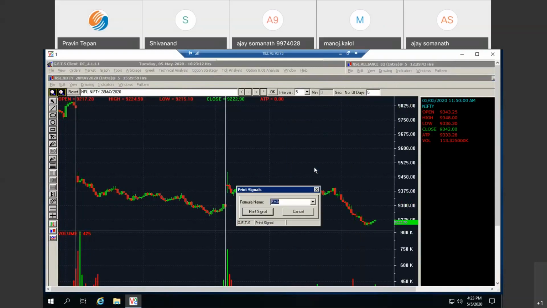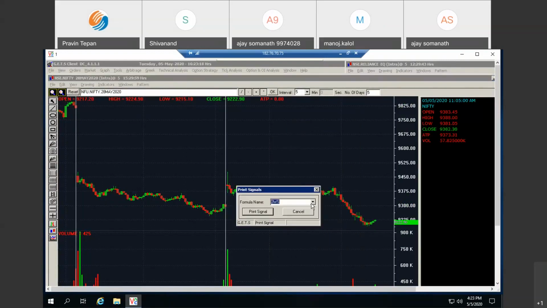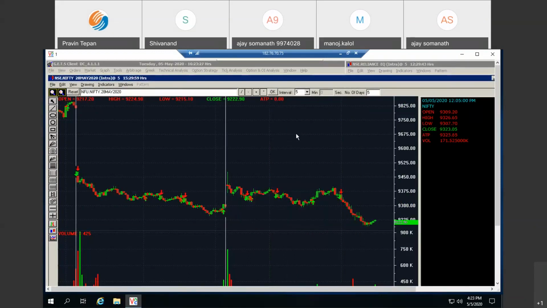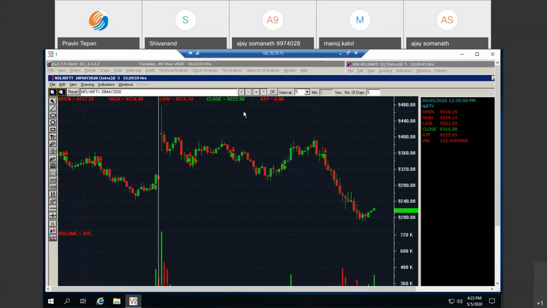EMA is our strategy. You have to select it right here on the graph itself. You just have to right click and load signal, and here you have to write your strategy name. EMA is my strategy name, and apply signal. If you apply, it will calculate and generate every signal for buy and short, whatever condition you have written. Greens are for buys and reds are for sells. For exit, E is written on the exit signal. So like this, you can print your signal. Suppose you have made a new strategy, you can print it here and check where the buy signal and the sell signal are.